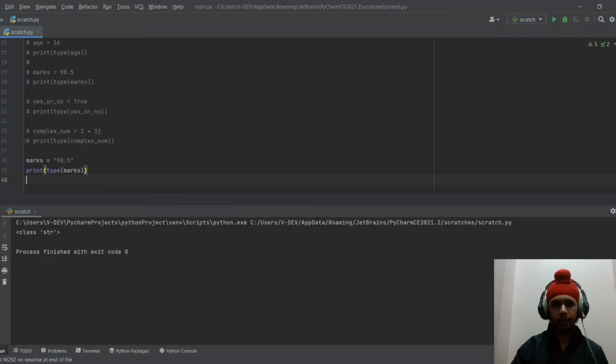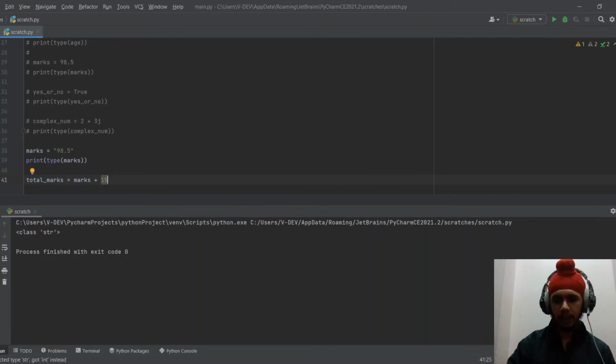The total paper was of, say 20 marks, sorry, 200 marks. All right, now if I run it, let's see what the output is. Boom. It says type error: can only concatenate str, not int, to str,